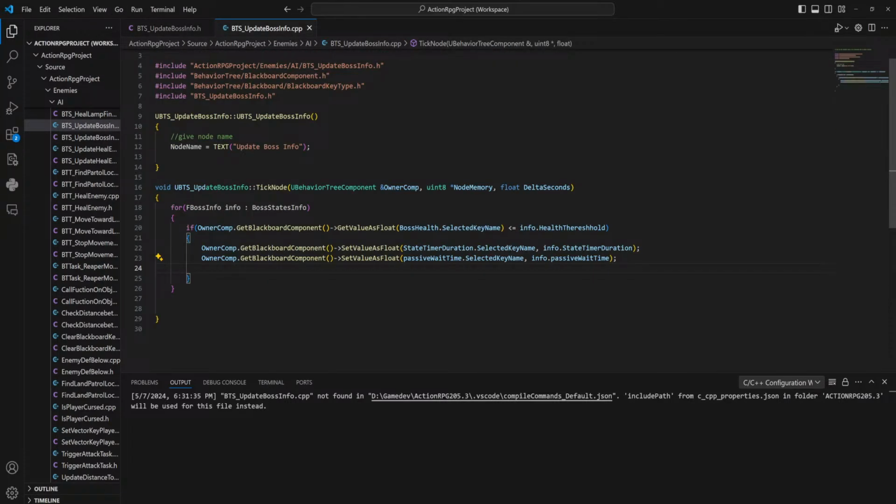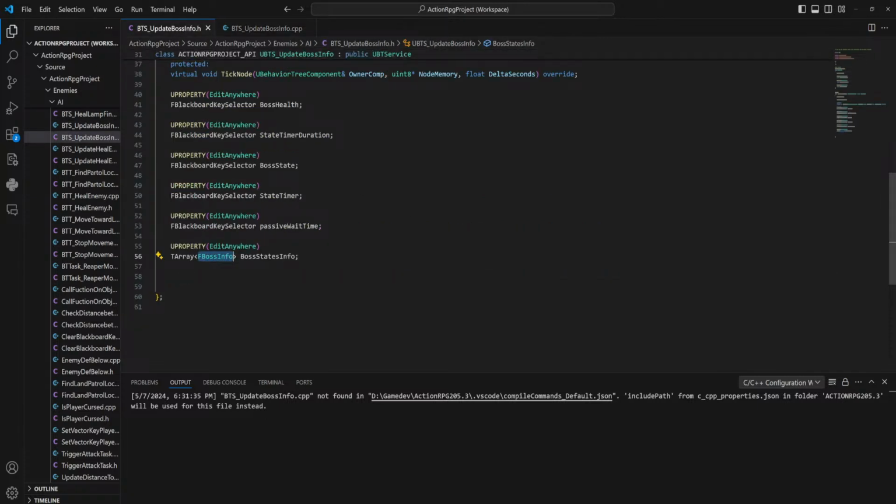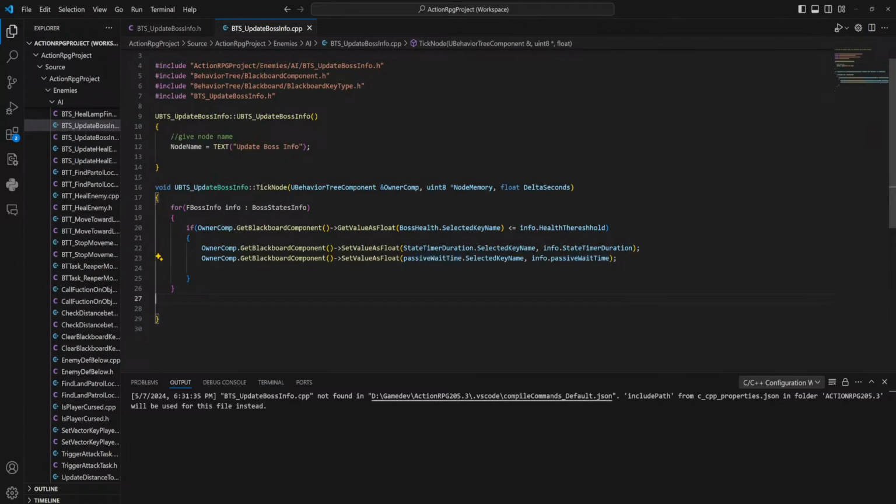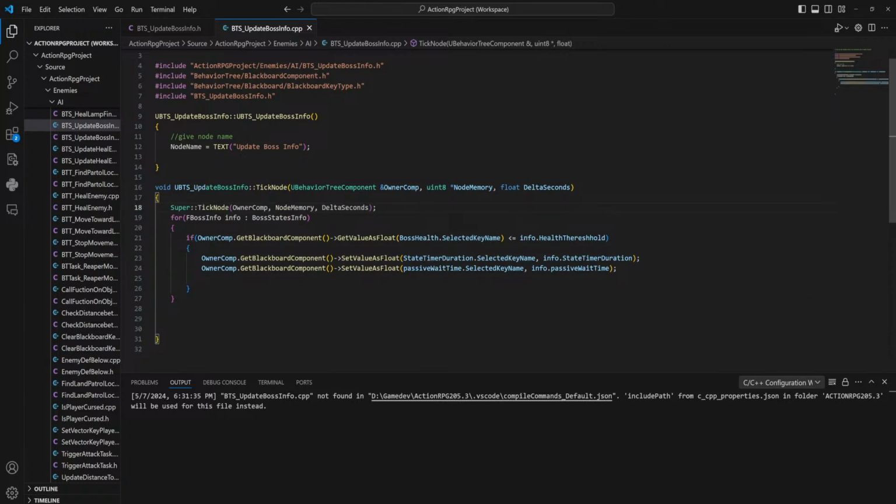Right now we're updating the state time duration and the passive wait time. Yeah, no, that makes sense. So then outside of this for loop, I'll probably want to have super tick node in there to begin with. Oops, that was almost bad.